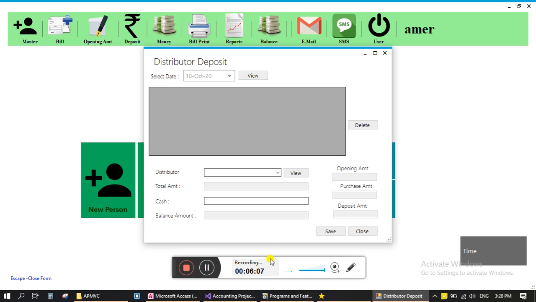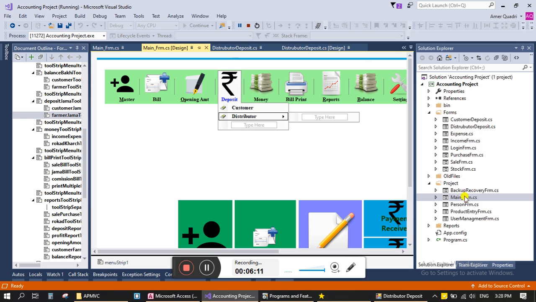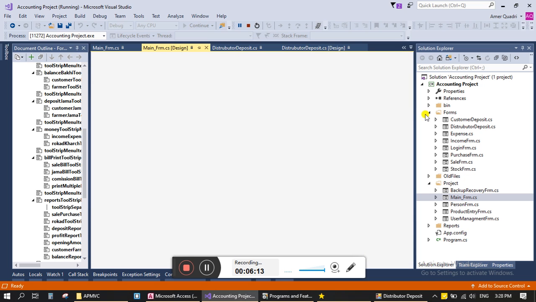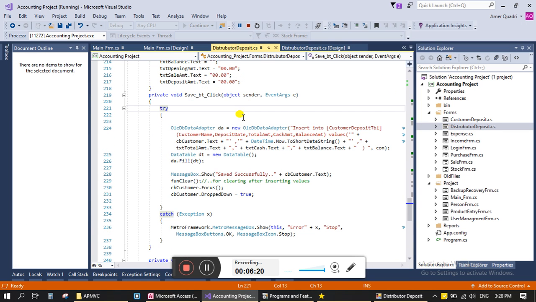Now in the internal coding side we have to change all the names and we have to provide the link to the table of distributor table. Here you can see we have used customer. We have to change it to the distributor deposit TBL. Okay,